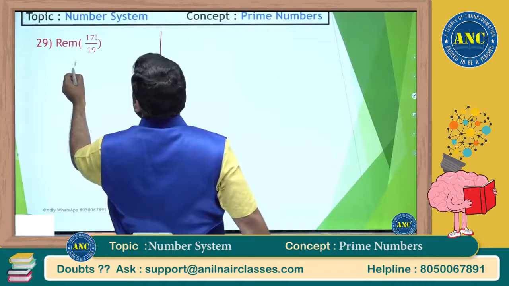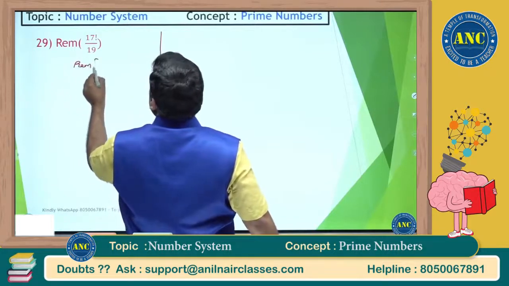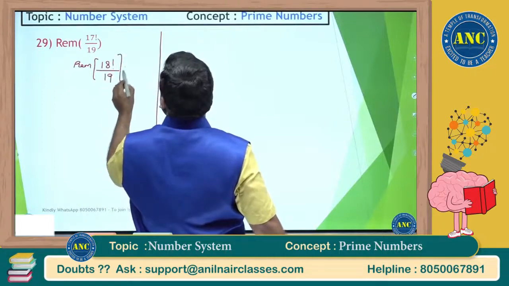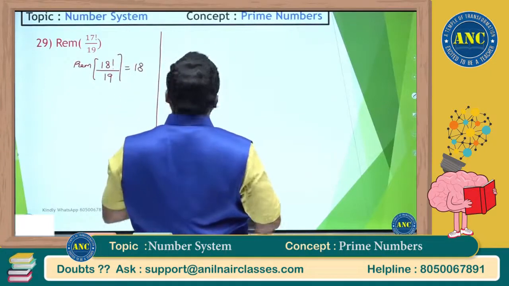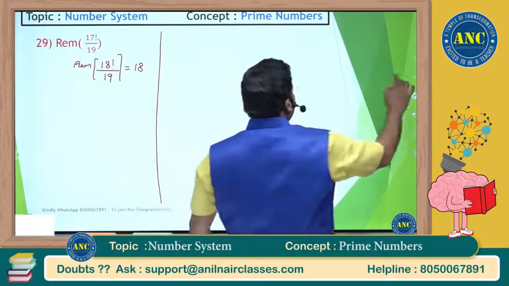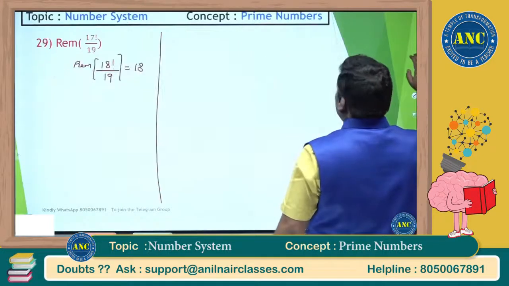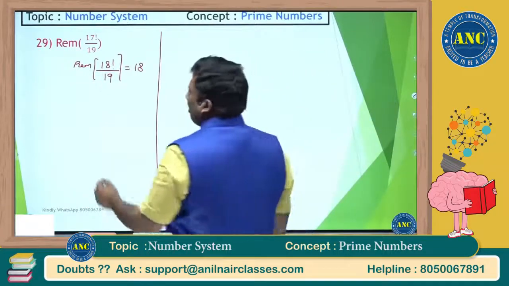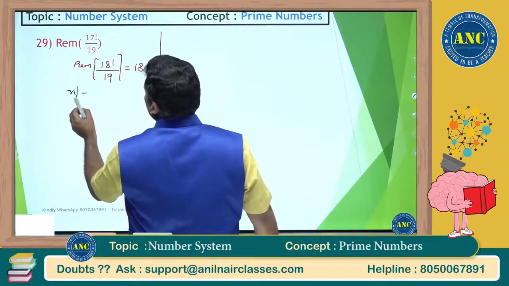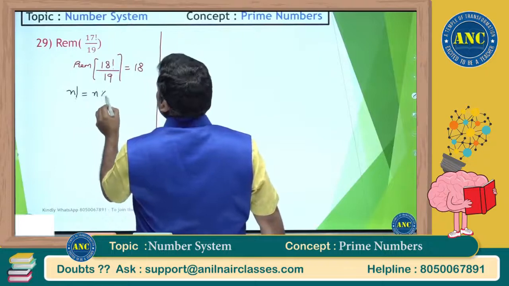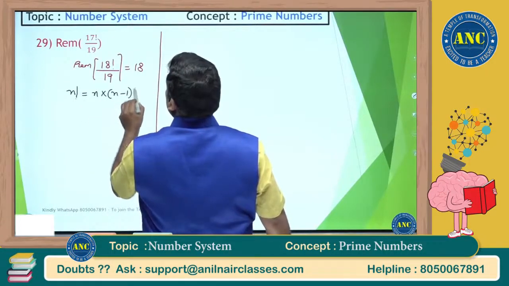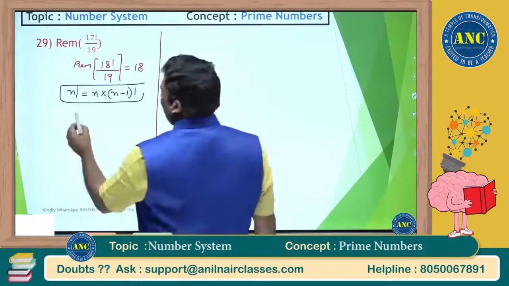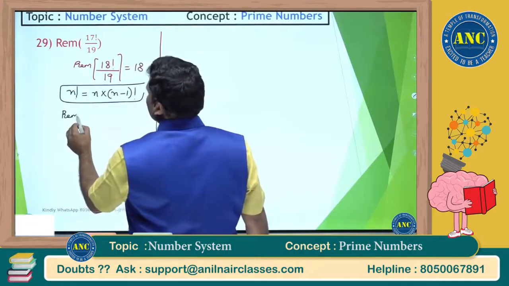Now see here. Remainder of 18 factorial by 19: P minus 1 factorial by P is P minus 1, so 18 factorial by 19 is 18. Now see here, same thing. N factorial is n into n minus 1 factorial. So 18 factorial is defined as